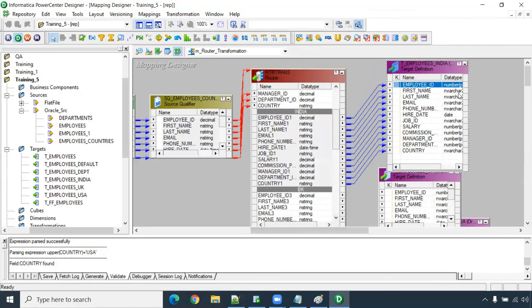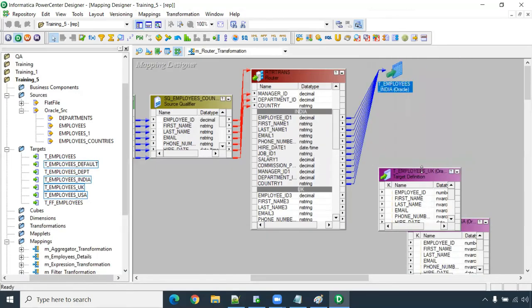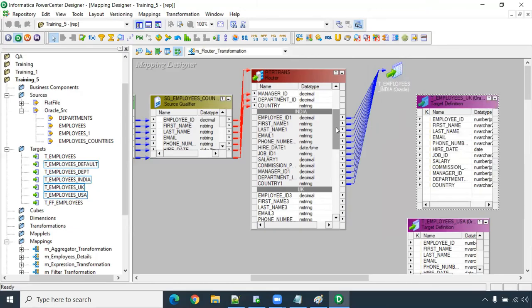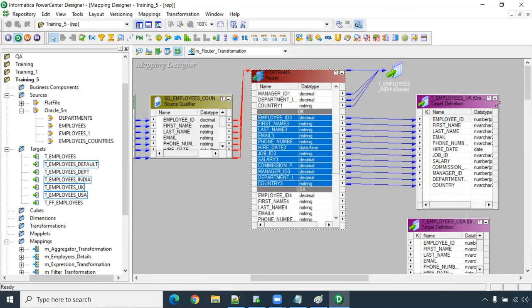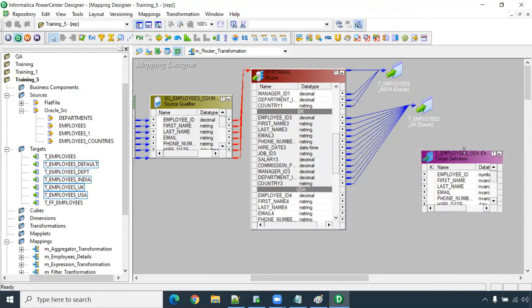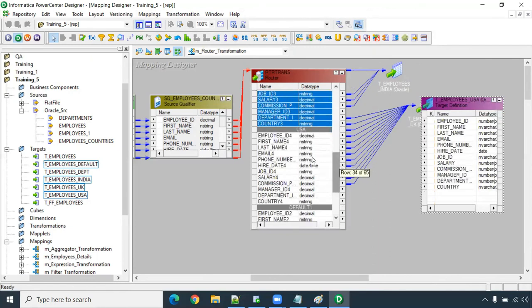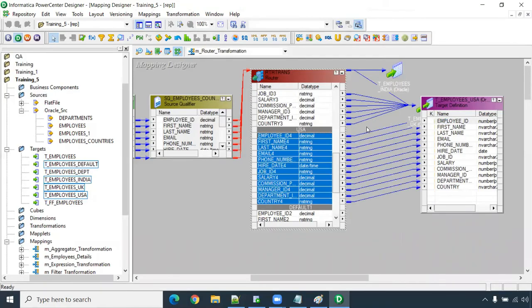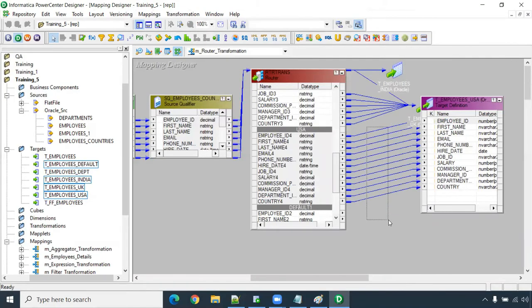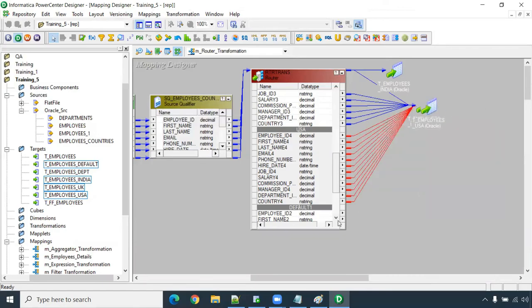Then you can minimize it. Why? Because there is not much space, right? You can keep this target here, UK. Go down a little bit, and then you can drag and drop the UK also. Then you can have the USA here. You can ask the question, should I always have a target table? No need. You can have a different pipeline also. Here you can send it to some different logic and do some logic. Again, if you want to combine, you have to do a union operation. That we will learn after some time, how to combine the segregated pipeline into a single pipeline. That will be our union operation.